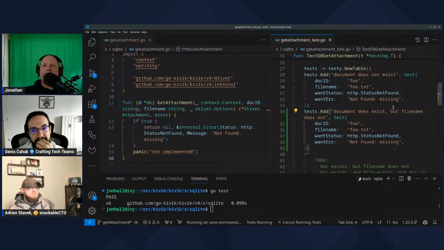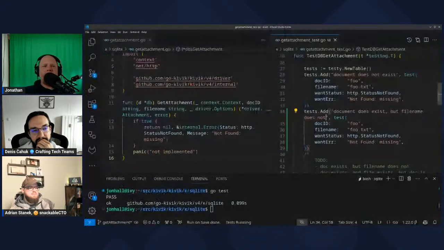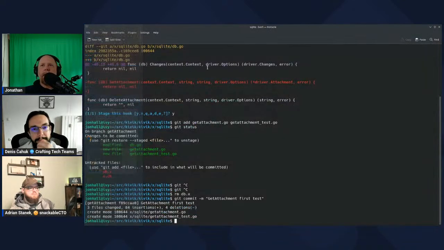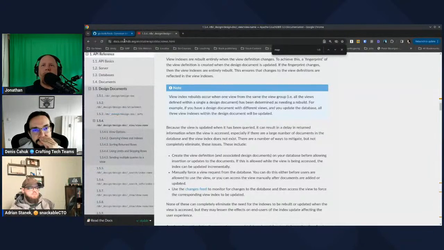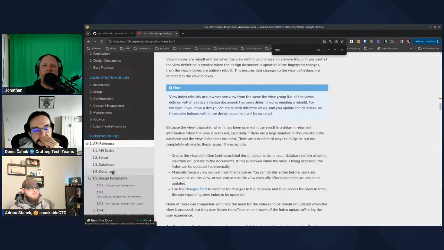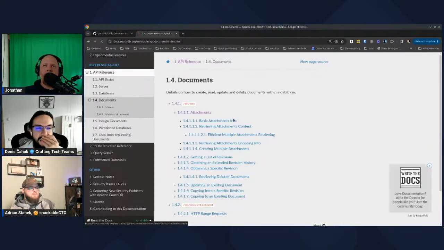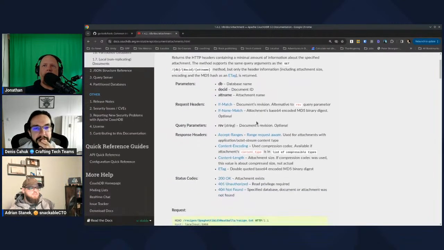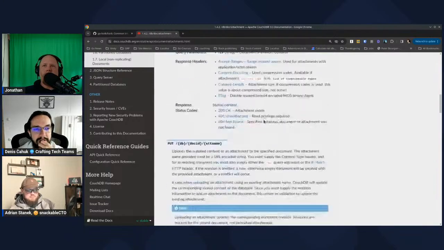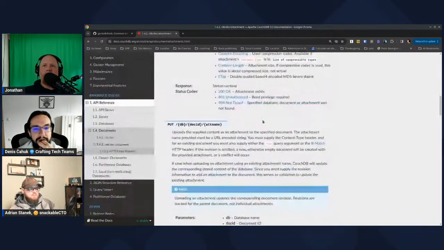So if we want to consider the reference implementation, we could see how CouchDB handles this. I'm sure it gives a 404 in both cases. What I don't know is if it gives a different error string. So let's see what the documentation says. Because we have a contract here, right? So we're not really doing TDD in the sense that we're writing new functionality. We're following a very strict contract.